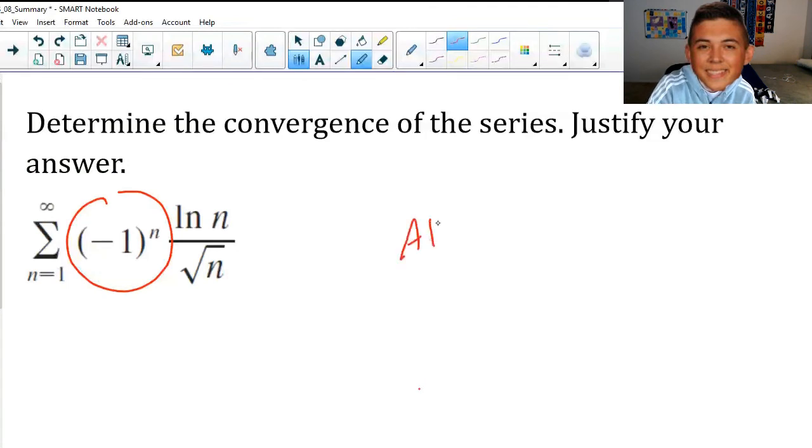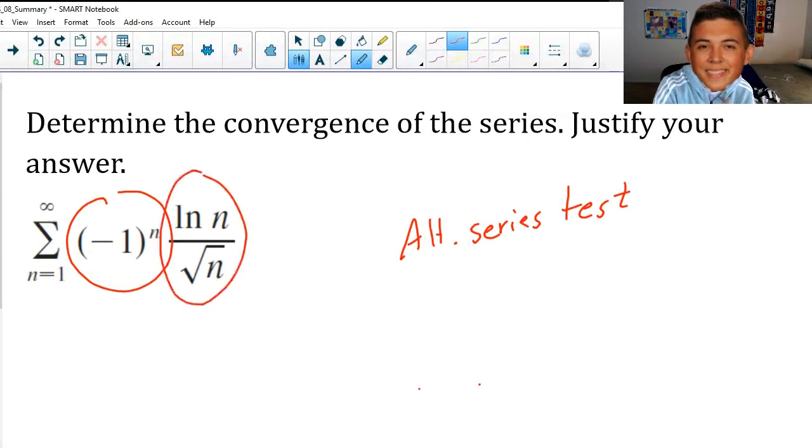Which probably would be my best bet. Okay, so again, now alternating series test, we do have to prove some things. Right? We have to prove that, oh shoot, wait, I always confuse it with the integral test. We have to prove that the sequence is positive. We have to prove that it's decreasing, and we have to prove the limit of this piece equals 0.